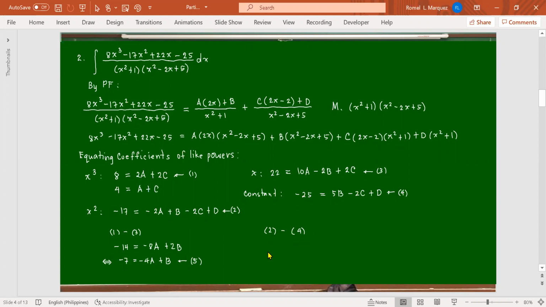Okay? So that is 8. And then a minus, do we have a here? Sorry, from equation 2, again negative 17 minus negative 25 is 8. Negative 2a minus,